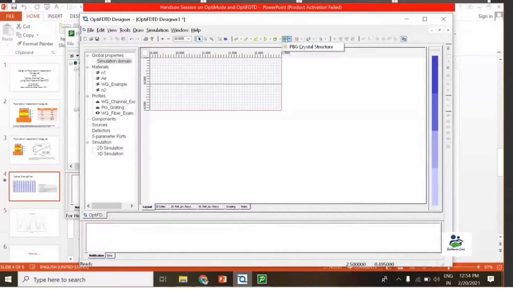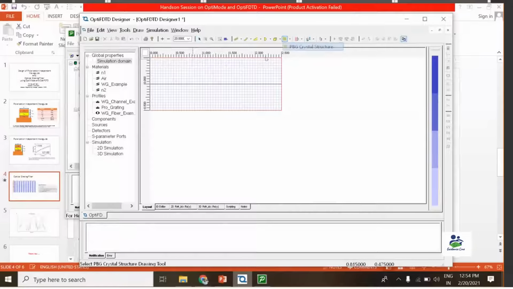With this PBG crystal structure, I can make an arrangement in such a way as to make a grating. The second option is linear waveguides, manually selecting the parameters and creating a grating, but it is a very tedious process, and it also has a possibility of a wrong value of periodicity or any other parameter. So it is better to use a photonic crystal structure for making a grating.